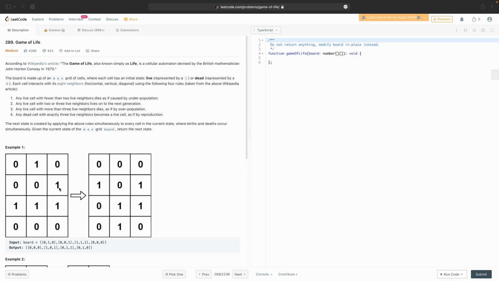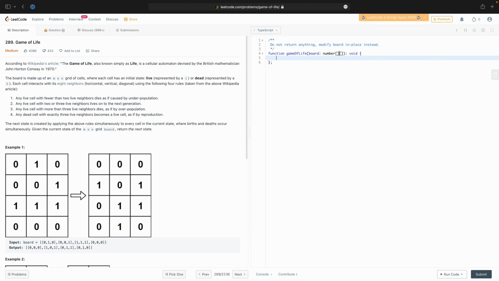So this one here, for example, has just 1, 2, 3, 4 live neighbors. So in the next round, it should be dead, but it's alive. What? Maybe this counts as just 3 live neighbors. Okay. All right, so